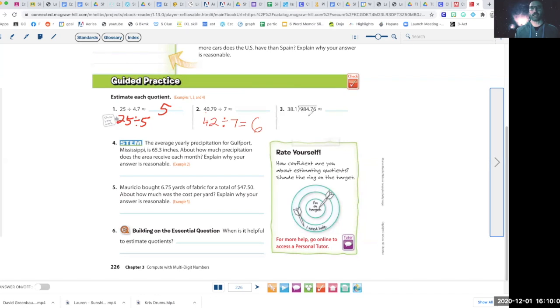984.76 and 38.1. I'll give you a hint. Both of these numbers will end with zeros. So do that. Estimate them to numbers that end with zeros before you start dividing. Ready, go. All right. So what we should have is